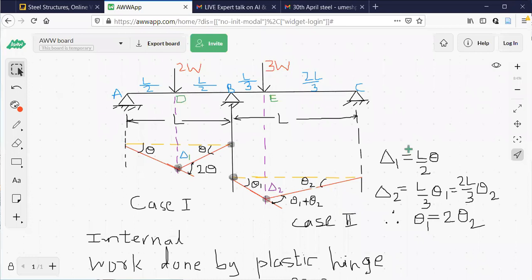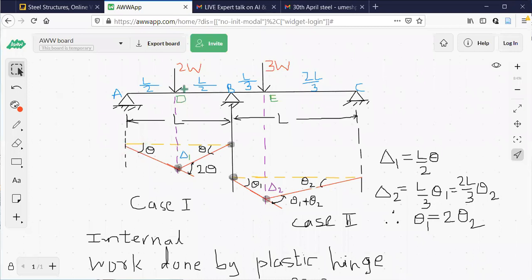Okay. See, I already told you that a plastic hinge will be formed where the bending moment is critical or maximum. As you know, in the analysis of indeterminate structures, which you studied in the previous semester, whenever there is a hinge, there is no question of any moment. Moment will be zero. See, once the moment is zero, there is no question of formation of any plastic hinge. Okay, that is why no plastic hinge is indicated here.